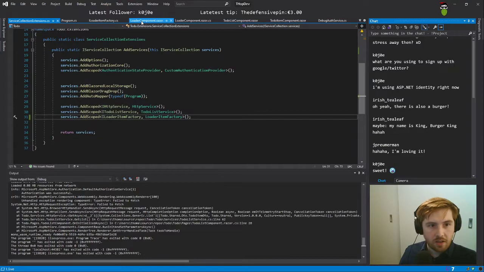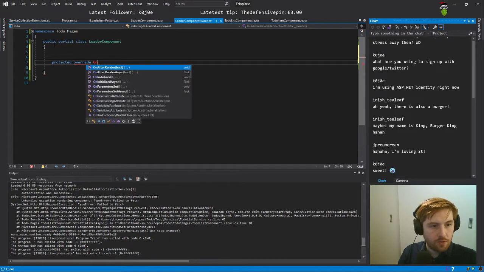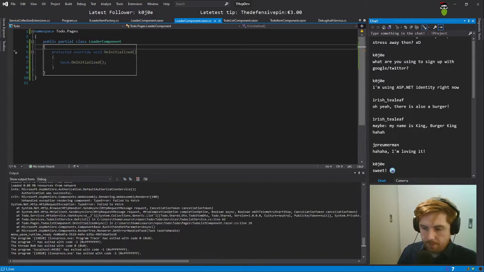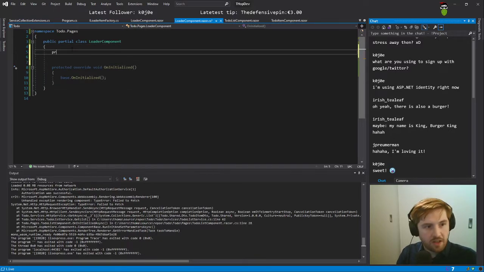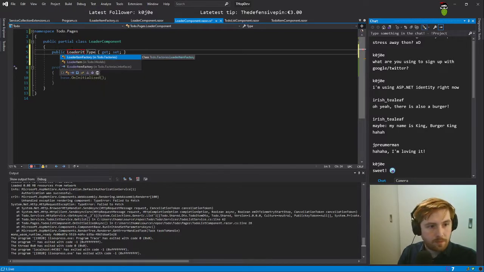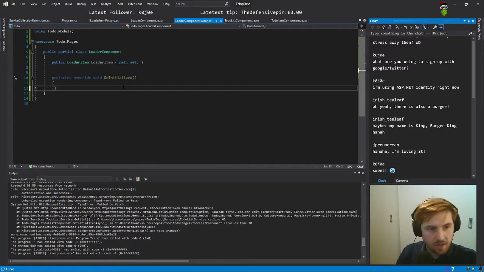So now we can go to our component, and override OnInitialized. And let's create a loader item as a property. Yeah, LoaderItem is fine. And here we can say